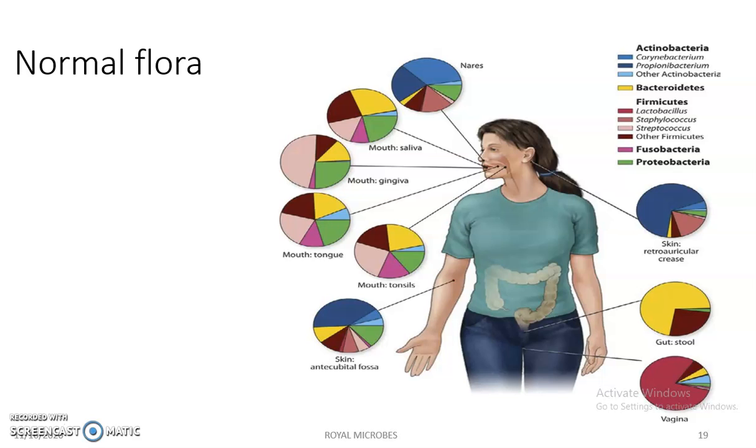And there are some bacteria which are capable of producing acidic conditions. For example, Lactobacillus is present in our vagina, and it provides an acidic pH in the vagina, so that the vagina is protected from other microorganisms. That is, acidic pH does not promote other microbes. So, in this way, various microorganisms in our body play an important role in defense mechanism.